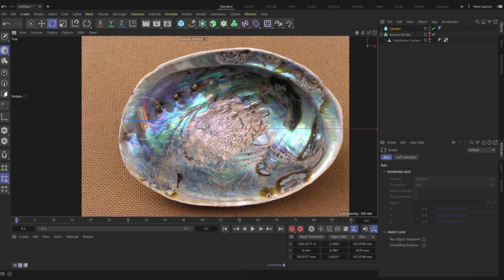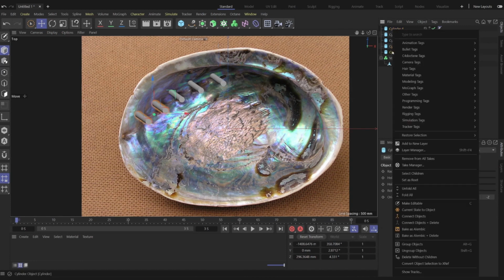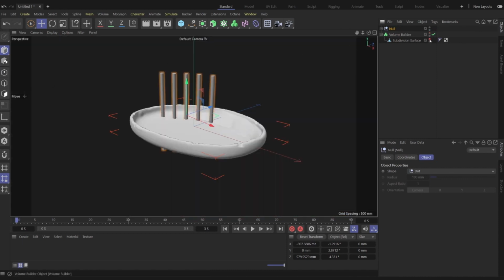Tilt that with the rotate tool. We're going to duplicate that along here. Put all of these inside of a null. Group those. I'm going to pop it inside of Volume Builder